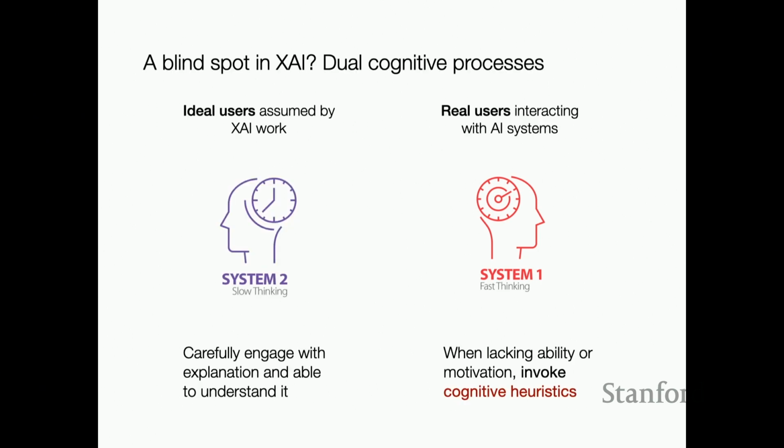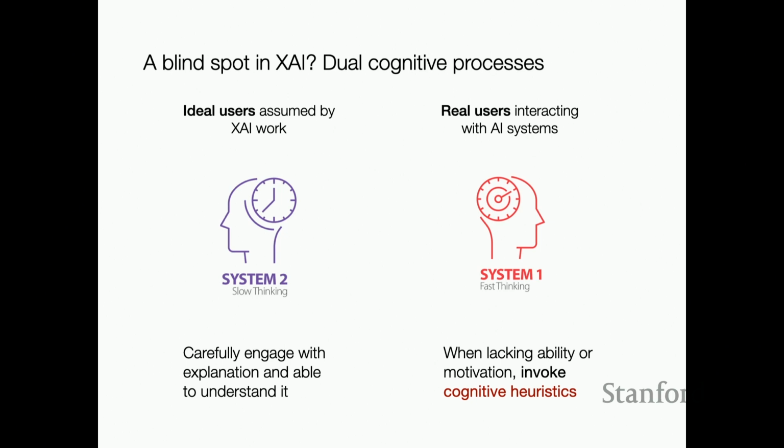So this kind of interpretation is largely based on this kind of dual cognitive process, right? So you may have read the book Thinking, Fast and Slow, that when humans process information, we follow two kinds of system. There is this system 2, slow thinking, where you try to gather information, try to make a rational judgment. But people often also resort to this system 1, fast thinking, by invoking cognitive heuristics or rules of thumb from